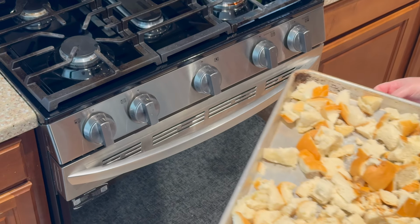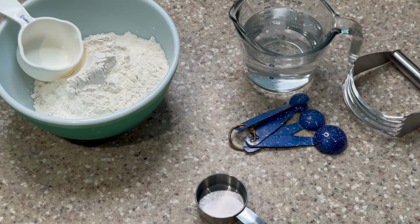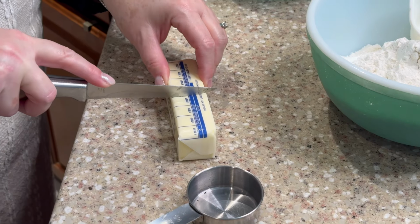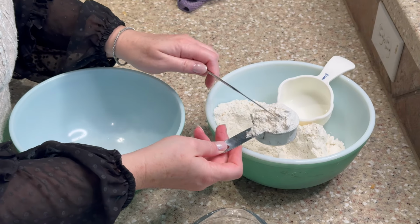I just cooked it at the 350 degrees that it was already set for with the chicken in there. And I just cooked it for, I don't know, 30 minutes, 20 minutes until it was nice and hard. Okay, so now we're going to make our water pie, and I'm making my